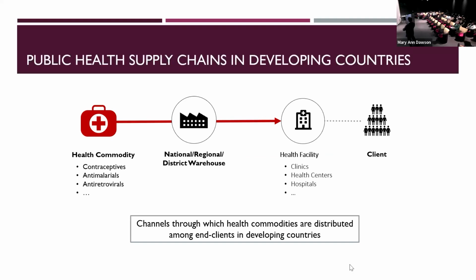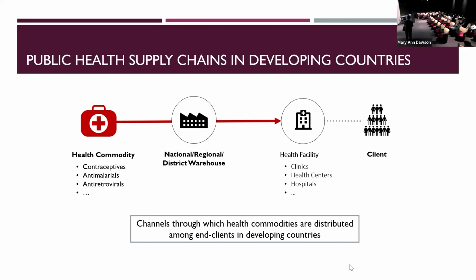Okay. So essentially what happens is the health products first enter the country at the national warehouse. Okay, so this is where all the products enter into the country. And these are all public health facilities. So these are managed by the governments. So we start with the national warehouse, and from there, the products go to the regional warehouses. So there are multiple regions, and it goes from the national warehouse to the regional warehouses. And from the regional warehouses, it goes to the districts, right? So that is the third level in the supply chain.